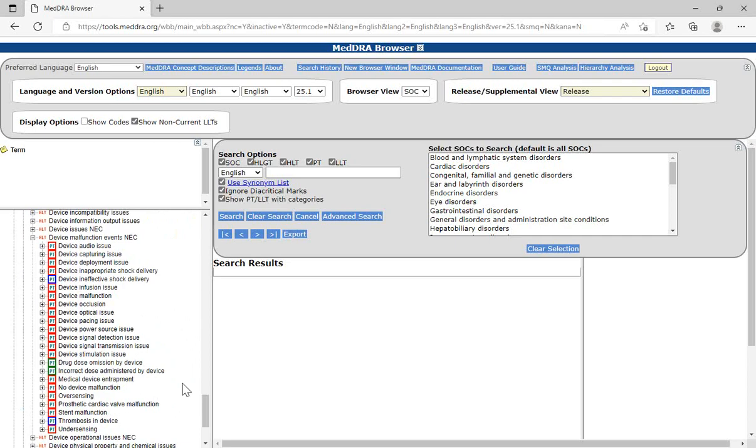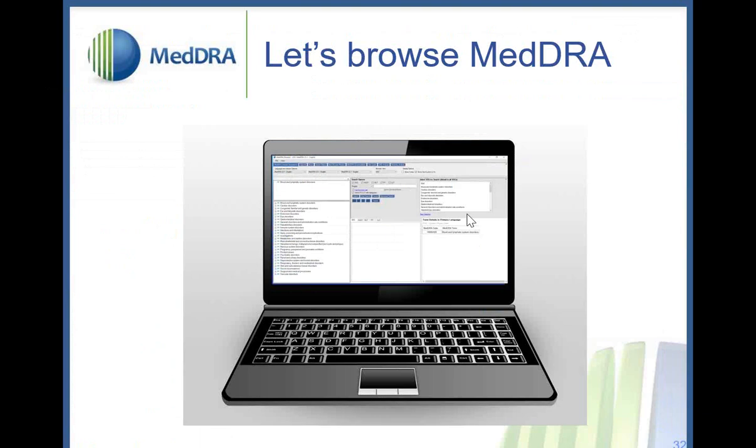So I'm going to stop right here and let you do the browsing and the searching and the pondering and figure out what is the best LLT. I want everyone to use whatever browser they're using today, the desktop browser, the web-based browser like I'm using, or their mobile browser, and look for the most appropriate LLTs to address this coding scenario. Again, the patient's GJ tube was obstructed after administration of feed. So that gave me a little more context.